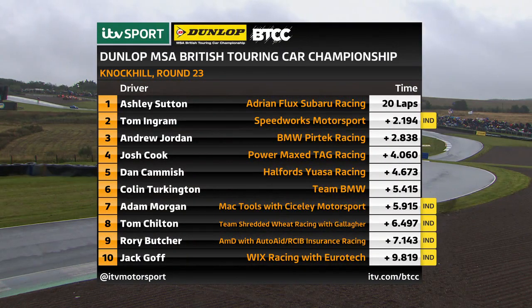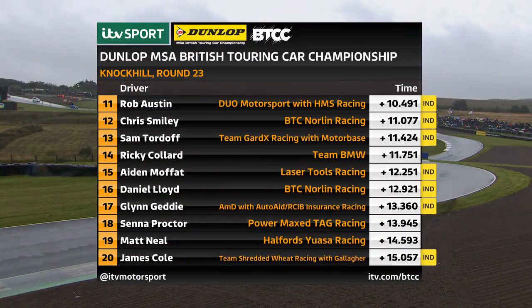Round 23 here at Knockhill, red flagged, not restarted, and won by Ash Sutton. Tom Ingram taking second place ahead of Andrew Jordan in third. Josh Cook fourth ahead of Dan Cammish and Colin Turkington, all of which will make the championship situation fascinating, with seventh Adam Morgan and eighth Tom Chilton, ninth Rory Butcher, and into the top 10, Jack Goff. Rob Austin 11th ahead of Chris Smiley, Sam Tordoff 13th, and then Ricky Collard and Aiden Moffat rounding out the scorers. Dan Lloyd 16th ahead of Glynn Geddes, and then Senna